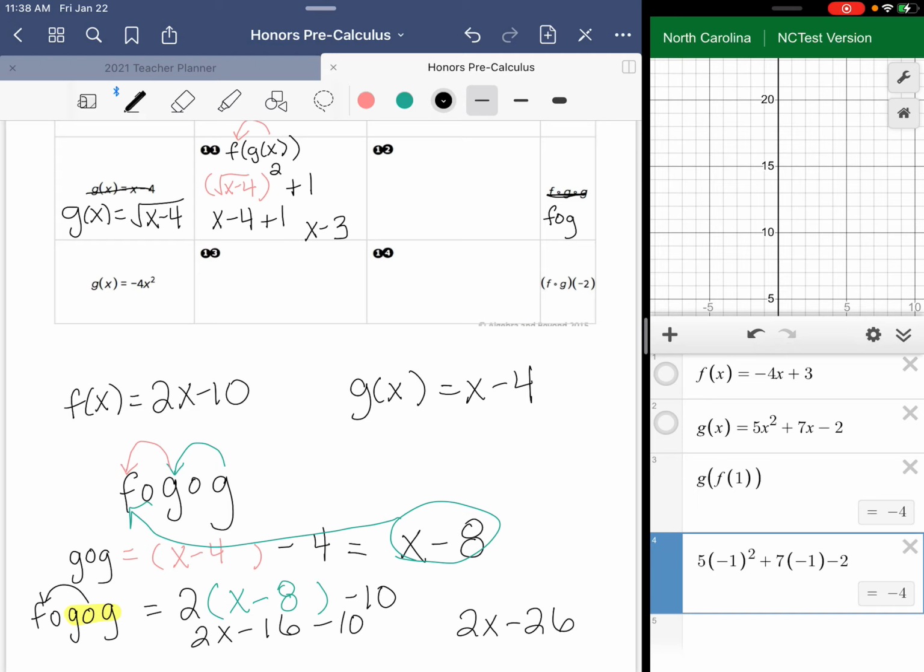Now, if you have any questions about this, or you feel like you're struggling with the multiplication, please let me know. I'll be more than happy to help you. And always check yourself and